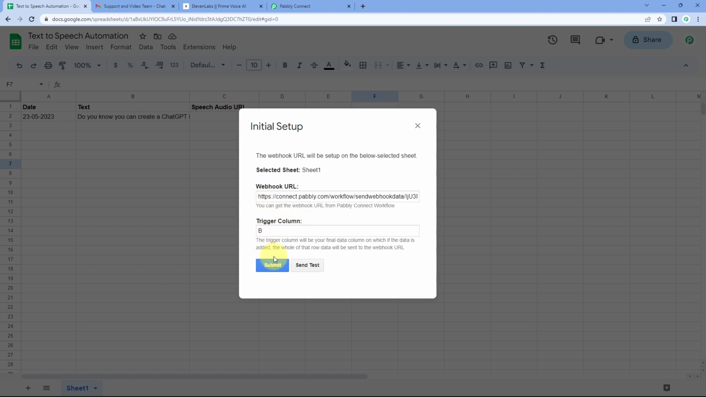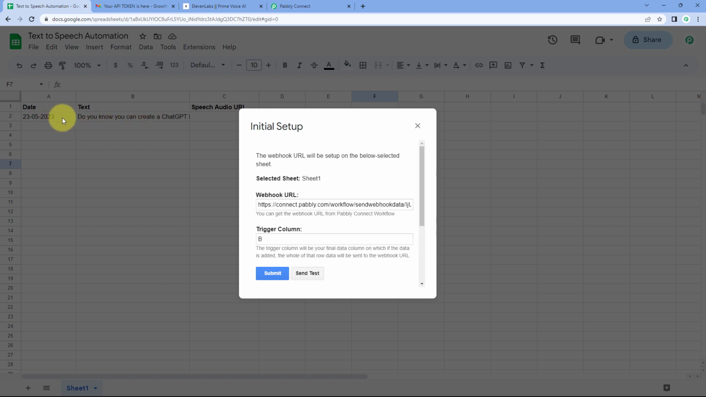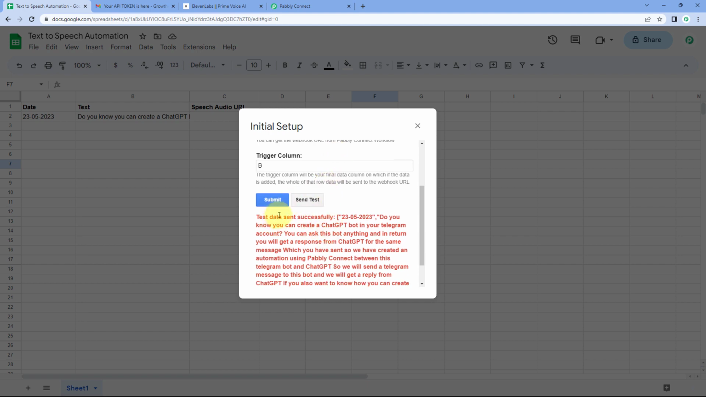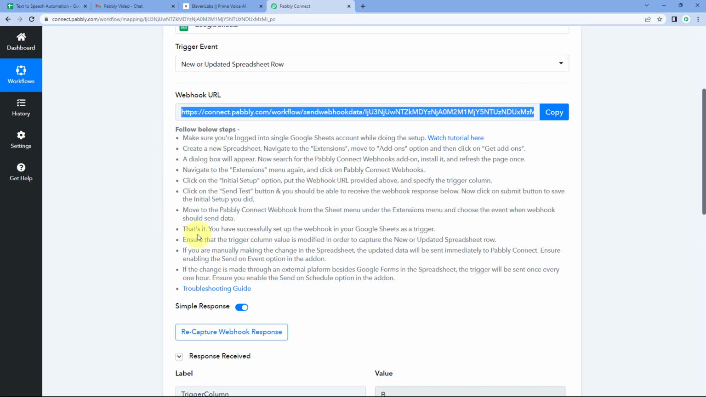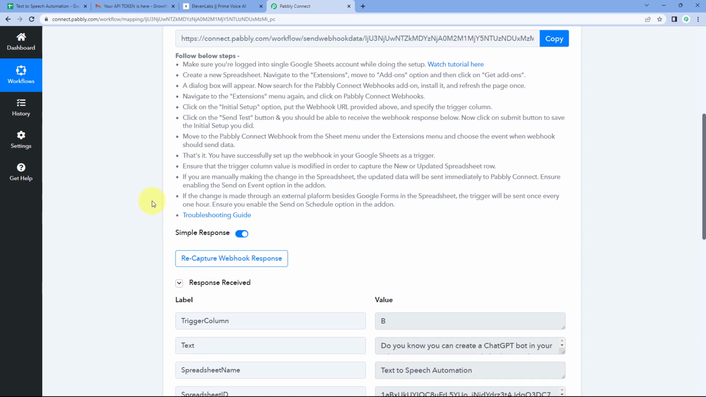After entering our trigger column, when we click on this send test button, we will see the details of the first row after the headers. Like in row 1, we have added these headers, and in row 2, this is the first row of our data. The data from the row 2 is been sent to Pabbly Connect, and here it is showing us test data sent successfully. So we'll get back to Pabbly Connect, and here in our Pabbly Connect workflow, we will see